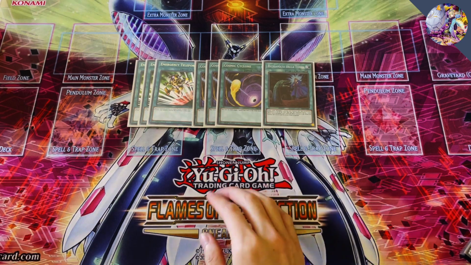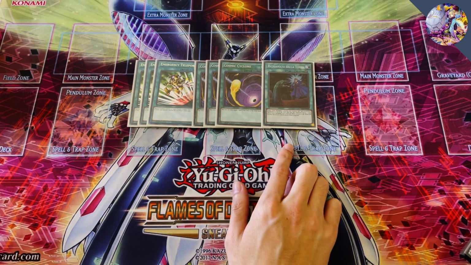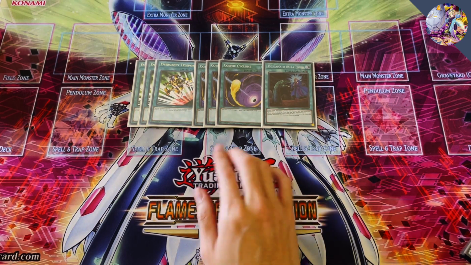Yeah, that's about it, really. The 1-of's in here just because I have the space. You could always replace this with a different 1-of, or if you want extra extenders or consistency, you could take this out. On that logic of hand traps, though, I do want to mention, you might be asking me,